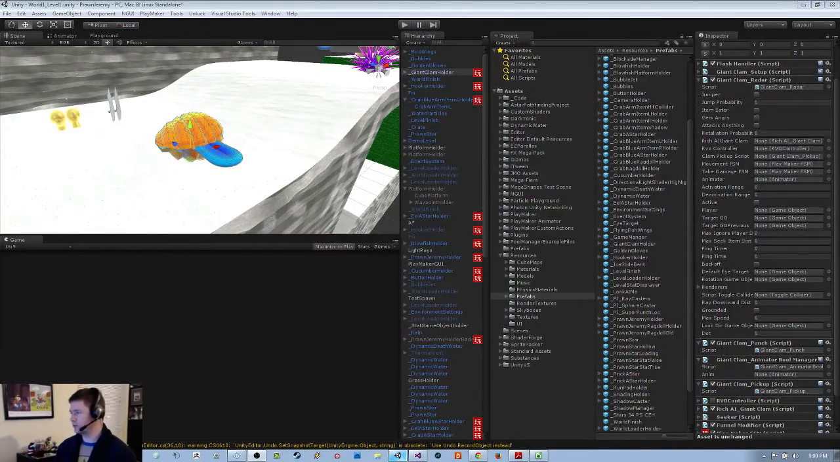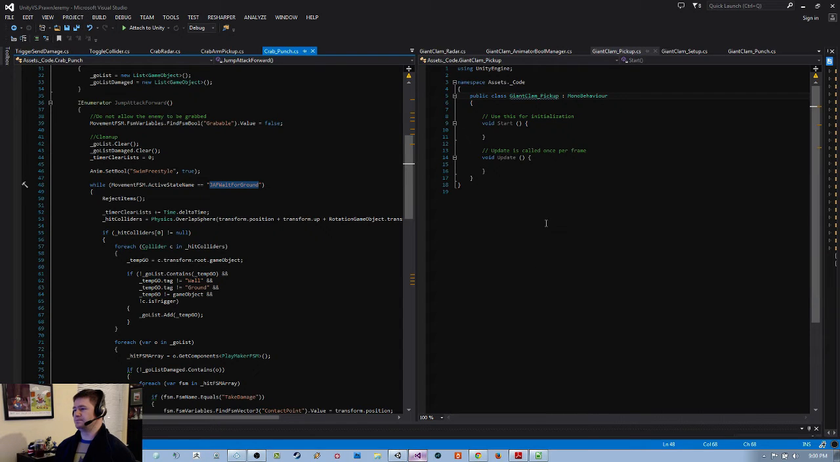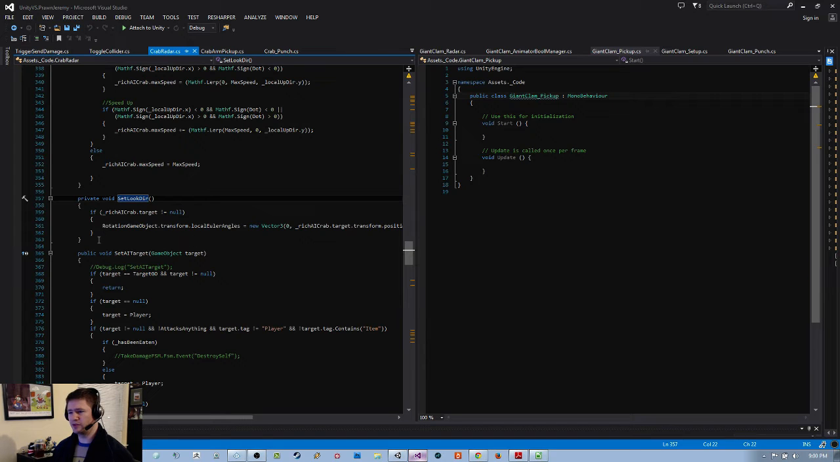Alright, so tonight will just be more randomness with code and me just trying to hack things together, because I'm kind of flying by the seat of my pants with all this. Alright, so what do we need to look at? Well, one of the things I need to look at would be this set look direction in the crab radar,